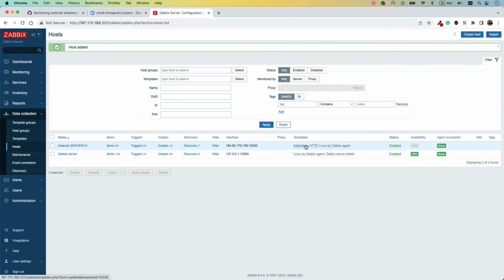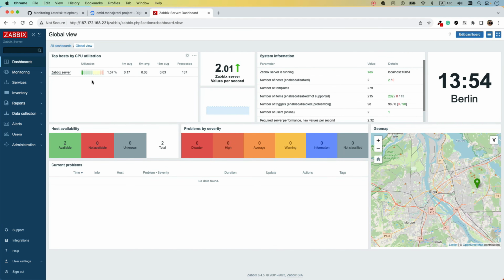It takes some time to load and connect to the Asterisk, to the Zabbix agent and connect to the process. So after some time, you will see this availability should go to green, and then you can add your dashboard. So if you go to your dashboard, it's good to have it here. As you can see, we have now 2 available hosts, but you cannot see your Asterisk box here. In order to do that, you can edit your dashboard